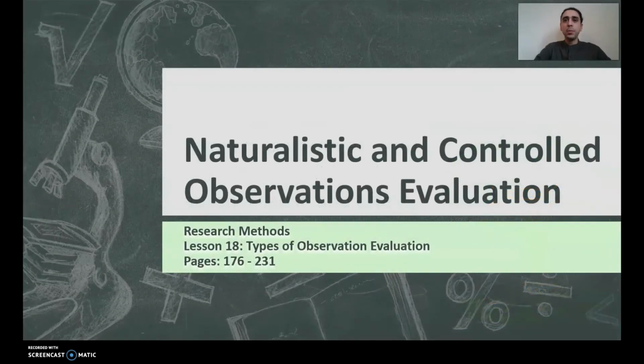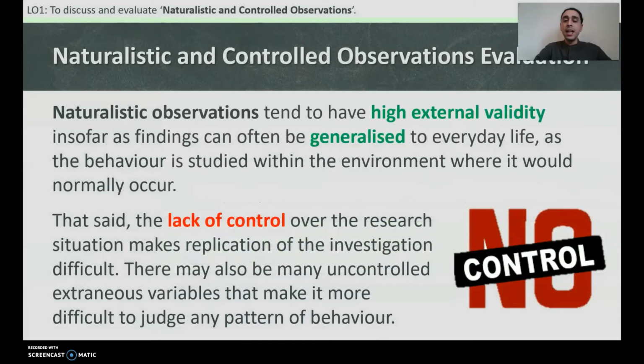Naturalistic and controlled observations evaluation. Naturalistic observations tend to have high external validity insofar as findings can often be generalized to everyday life, as the behavior is studied within the environment where it would normally occur. Okay, so it's quite a natural environment. It's in the usual, so it's going to have high external validity, and the findings will be able to be